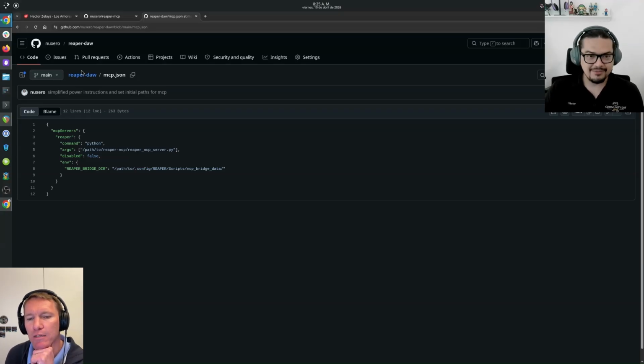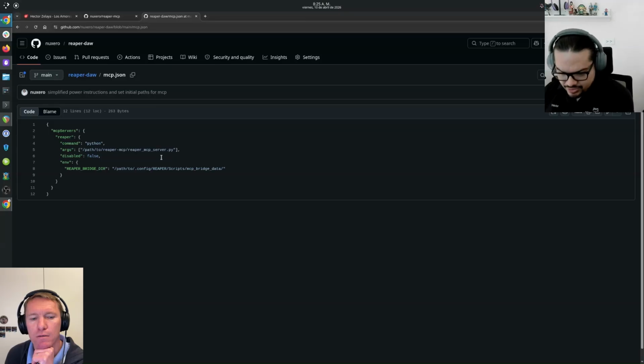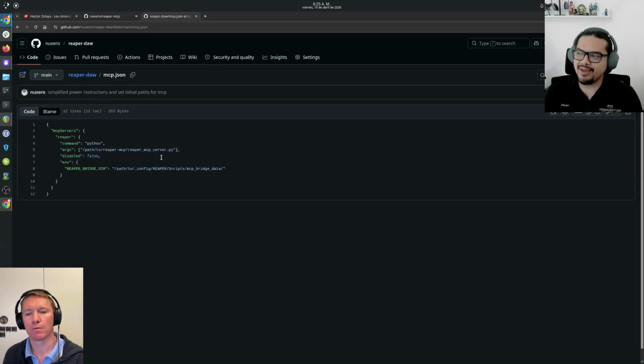Cool. That means you need the MCP server, you need the power, and you need to set up credentials, I assume, for the MCP server as well that can be used then. No, actually, you just need to copy a bridge file into the Reaper scripts folders, and once you do that, the MCP is able to control the DAW application, same as you would do it. Cool. That sounds good.